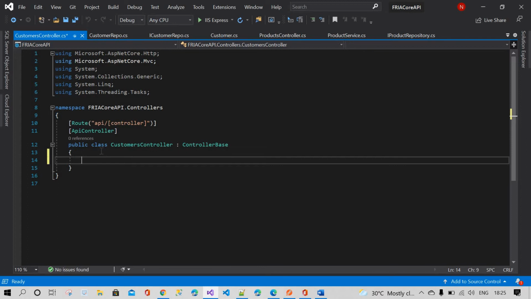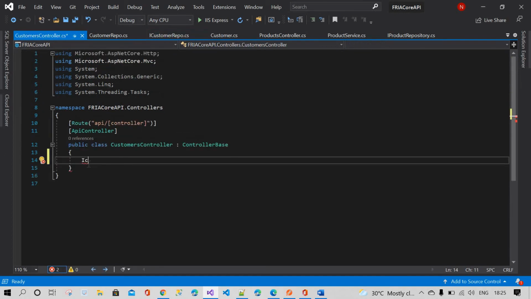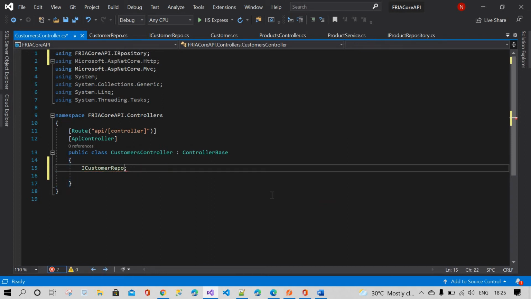Here the important thing is you need to use constructor based dependency injection. Why do we need it? Because you have to call the I repository here. You have to call this I customer repository in this controller. So how to do that? Create an instance of it, I customer repo, directly copy that. So you need to create the customer repo.